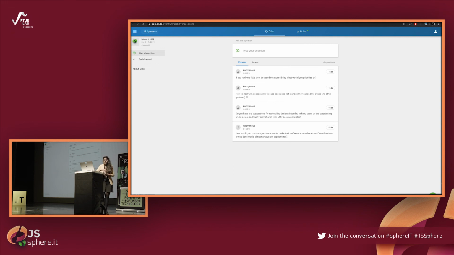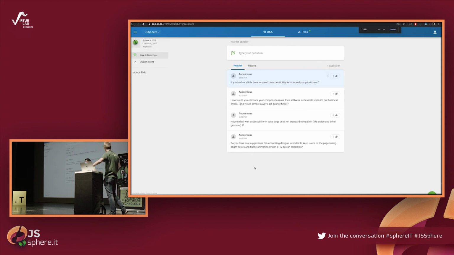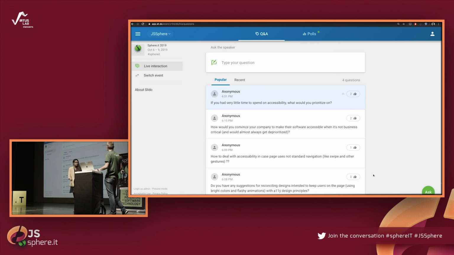Well, I would try to run my page through an accessibility checker and see what's coming up to get an idea. And then there are things, for example, when we did this, we couldn't change the colors because the brand was already established for 20 years, and the colors are not actually accessible. But there are many other things that we can do, like adding alternative text to images, or giving focus to things that didn't have focus and needed it, or changing those divs that look like a button, but they're not, into real buttons. So there are small things, and starting small, I would say, is the best way to start with accessibility.